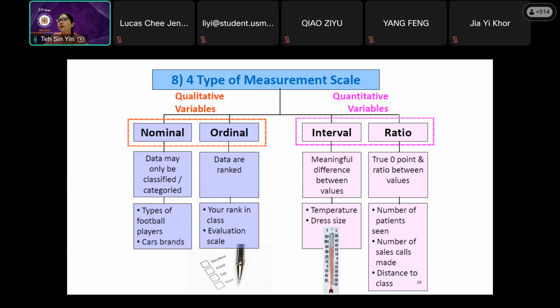It is not powerful, but in terms of lower and higher. Okay. And the next question I can read from here is how about weight? Lucas says weight is an interval scale. So let's see weight. If weight is 0 kilogram, does it mean no weight? 0 kilogram means no weight, right? So by right, weight is considered a ratio measurement scale. No person or no weight, correct? So the correct answer should be ratio.